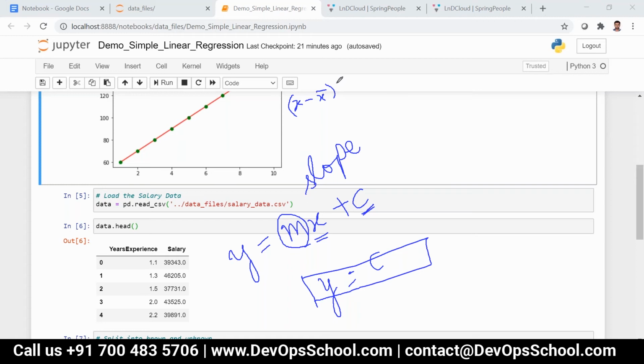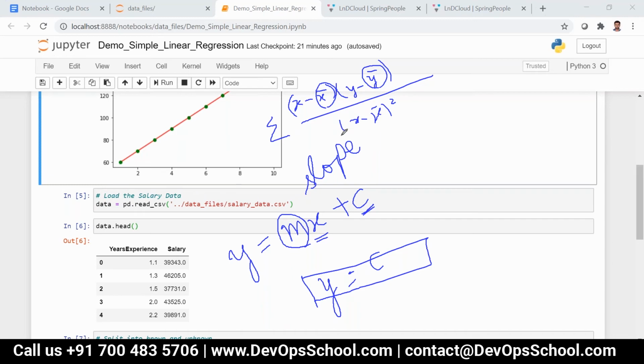This is the formula to find the slope. So what is this x bar and what is this y bar? The mean of x and the mean of y, that is, the average of x and the average of y.